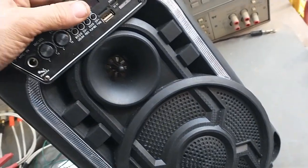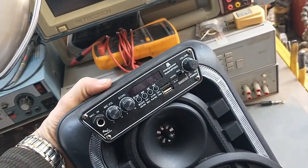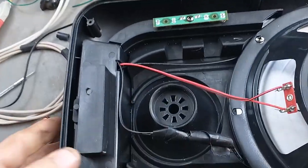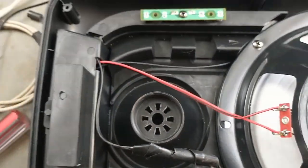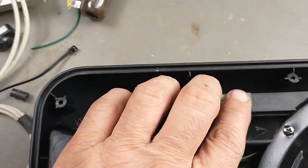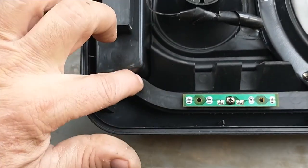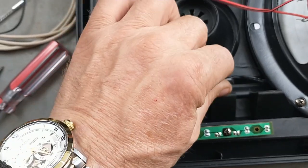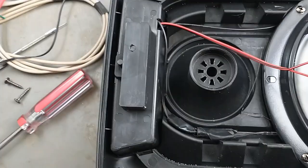Now, the biggest surprise here when you look at it is, wait a minute, there's nothing behind the tweeter. So there's no tweeter in this. That's fake. And you can see these little boards right here. This, I took all the wiring off. This was all the LEDs. For these strips are behind here, and the LEDs are on these boards. And I took all the wiring off. I just taped them up to keep them off, keep them from making vibrations, and tape them off to the